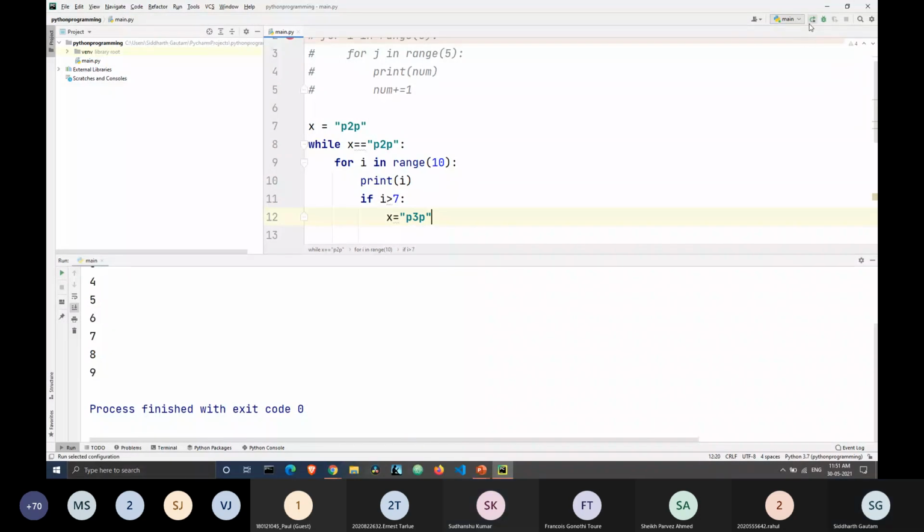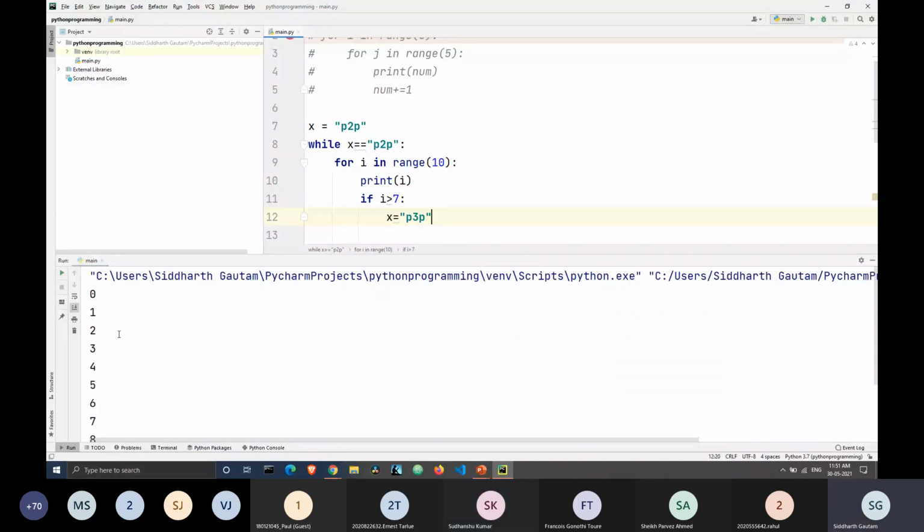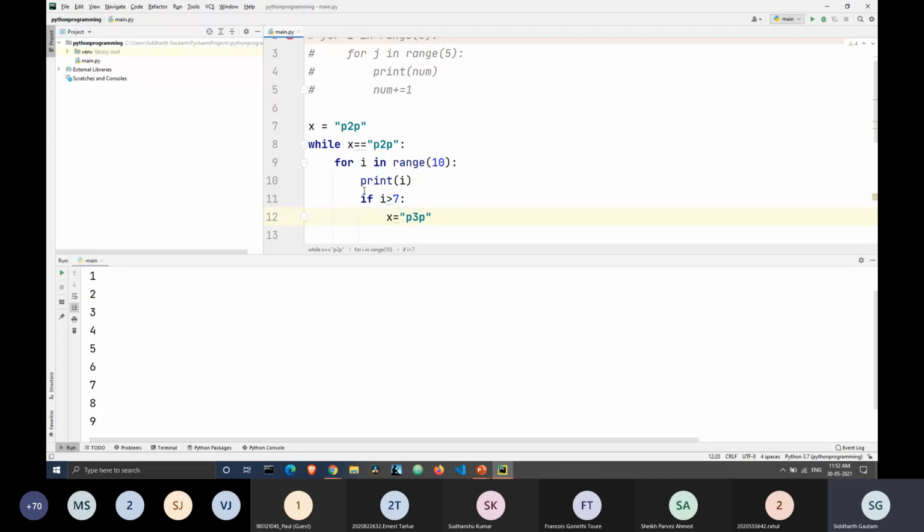We print this, and as you can see, i gets printed from 0 to 9, which means that this for loop gets completed first, and only then we exit the while loop.